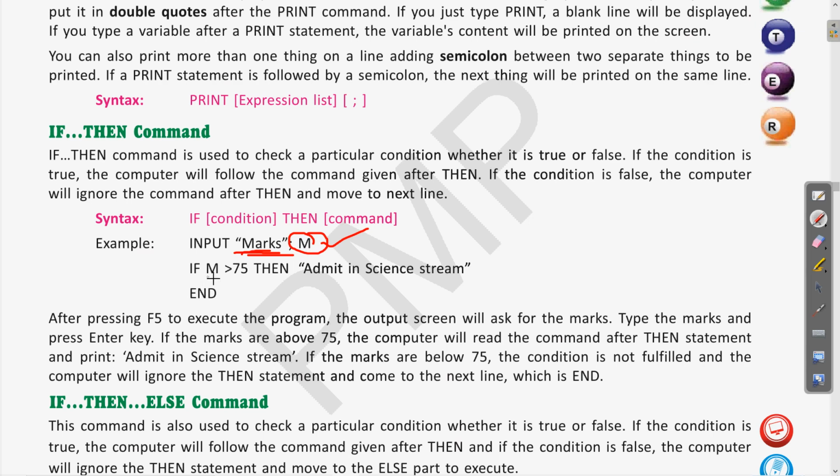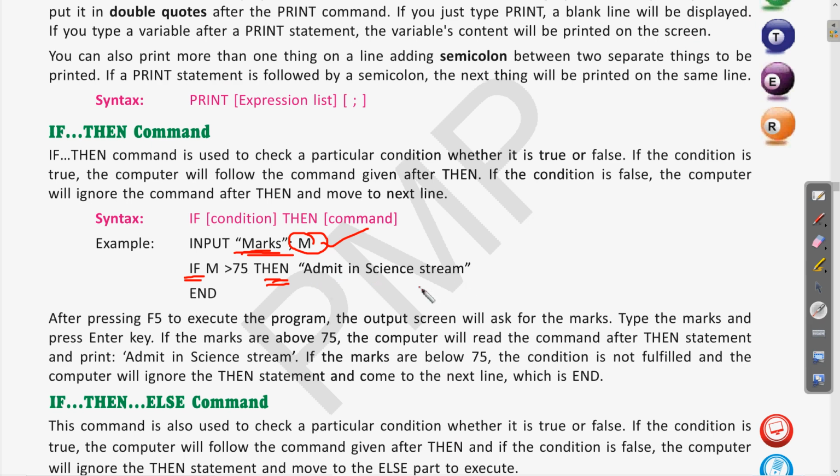Then if m is greater than 75, so now here is the condition, which is if and then. Here is the if condition and here is the then part. First it will check the value which we have given to m. If the value is greater than 75, clear? If the value is greater than 75, then print admit in the science stream.